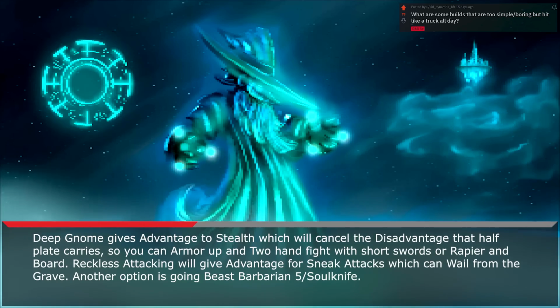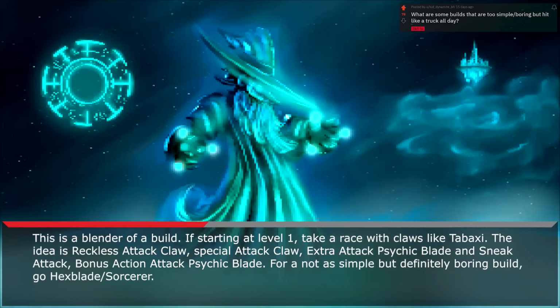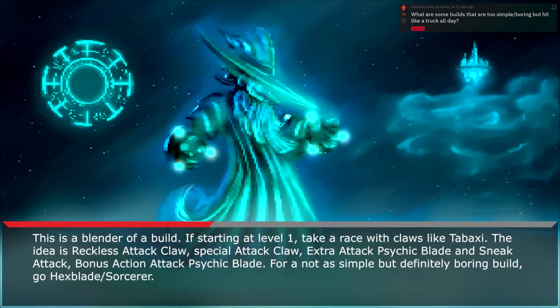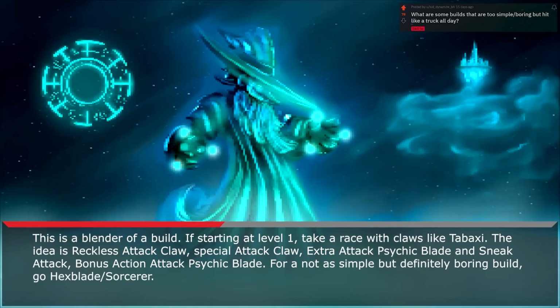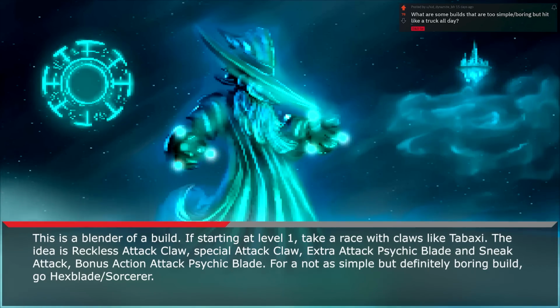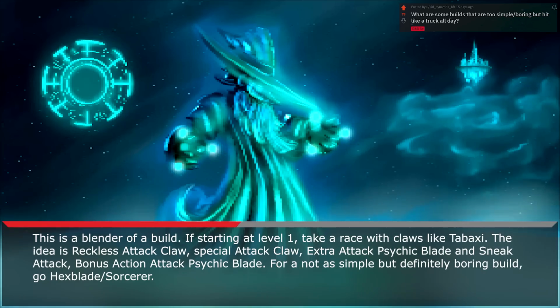Another option is going Beast Barbarian 5 and Soul Knife. This is a blender of a build. If starting at level 1, take a race with claws like Tabaxi. The idea is Reckless Attack Claw, Special Attack Claw, Extra Attack Psychic Blade, and Sneak Attack, Bonus Action Attack Psychic